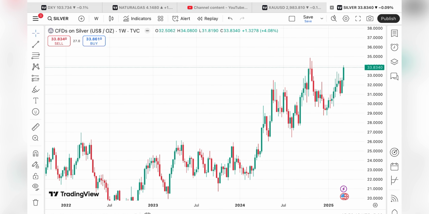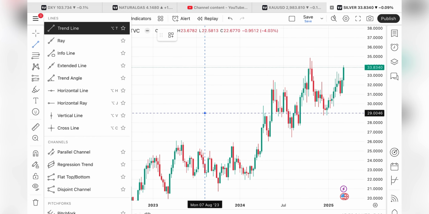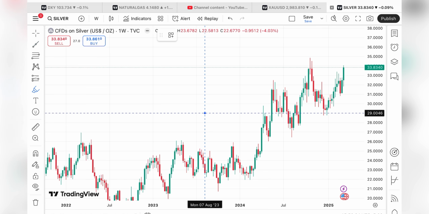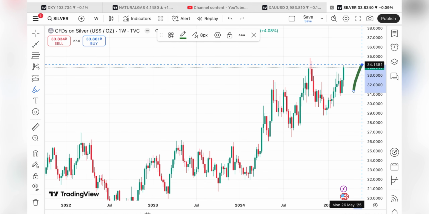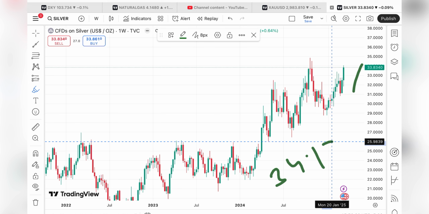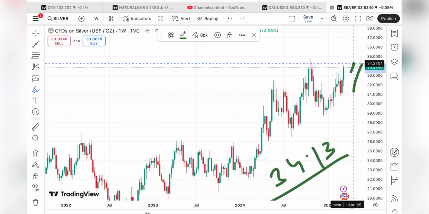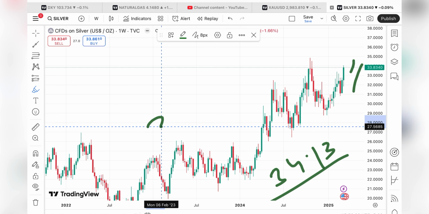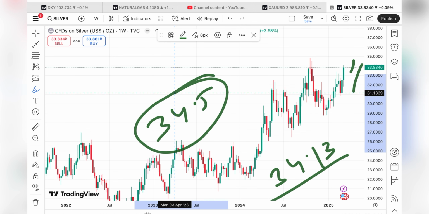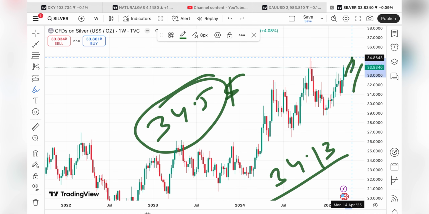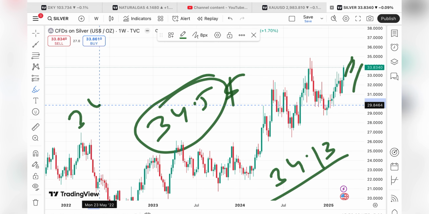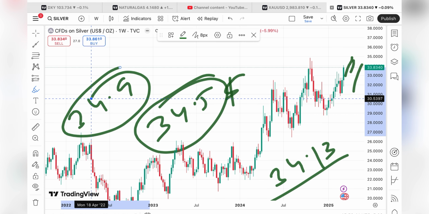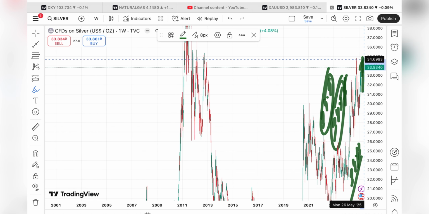So if the price sustain this level, we can see it can go further upside, and yes, after that what we can see, the price will go further high towards a level of around $34.13, and if the price sustain above this level, we can see the price will go towards a level of 34.5. Okay, if the price moving above that particular level, chances are high it will go towards a level of $34.9. If that sustain, we will see the price will go further upside, and yes, from there a further high we can see towards a level of